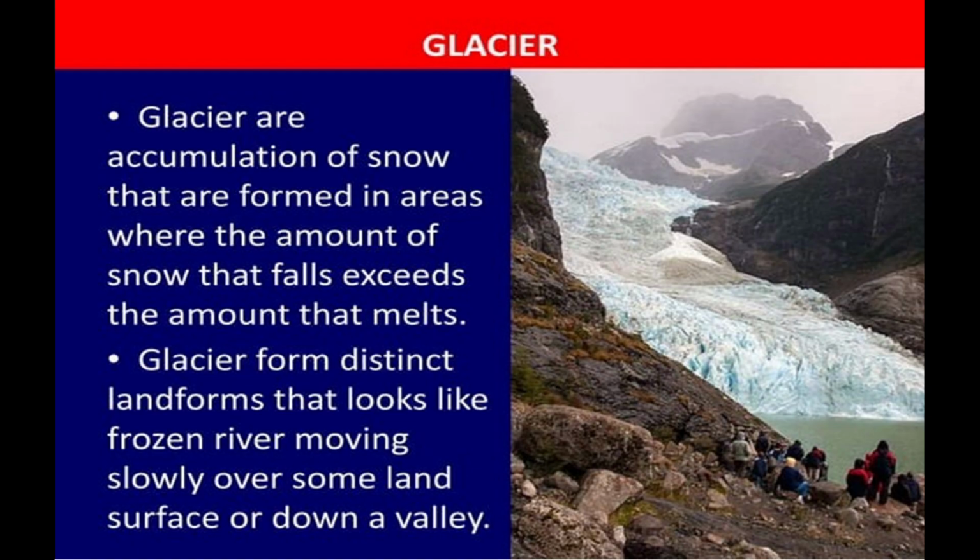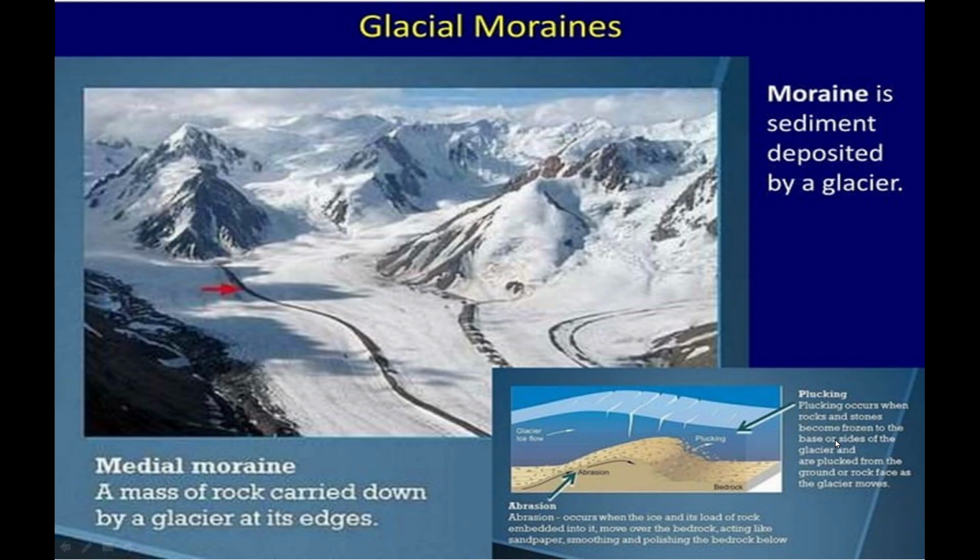Here we can see the beautiful lakes. Glaciers carved out deep hollows there. As the ice melts, they get filled up with water and become beautiful lakes in the mountains. Here we can say in the mountain, this is a beautiful lake. And dear students, the material carried by glaciers such as rocks, big and small, sand and silt gets deposited. So these deposits form glacier moraine. Moraine is sediment deposited by a glacier.